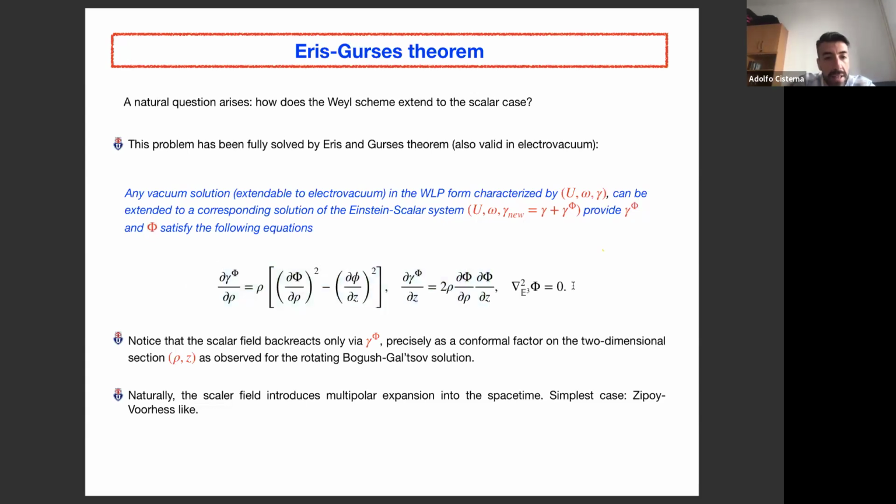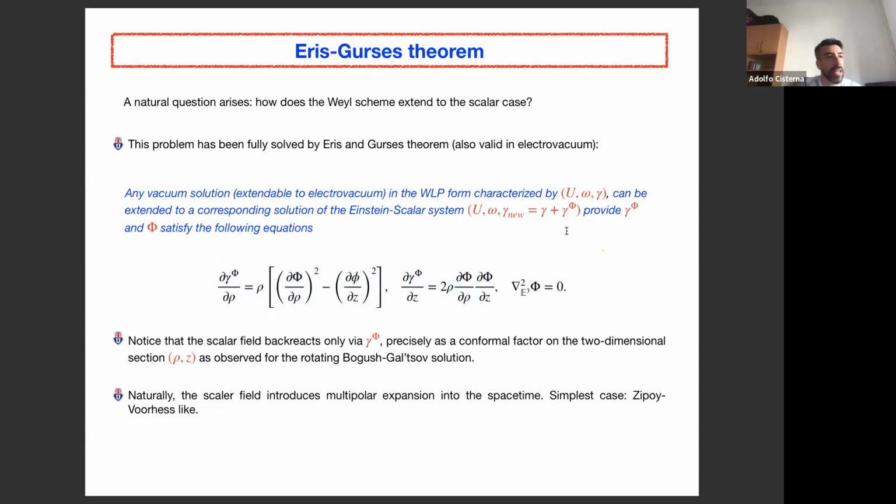And these equations are nothing else than a scalar analogue to the equations I showed you in the Weyl problem. Basically, the scalar field will always be given by the Laplace equation in a Euclidean 3-dimensional flat space in cylindrical coordinates. And then the scalar field contribution to this function gamma will always be given by these quadratures. So again, the problem is entirely solved because I can always find a solution of the Laplace equation for the scalar field in this case, not for the Newtonian potential. And knowing that, I will always find, at least up to quadratures, the function gamma phi that is going to be here.